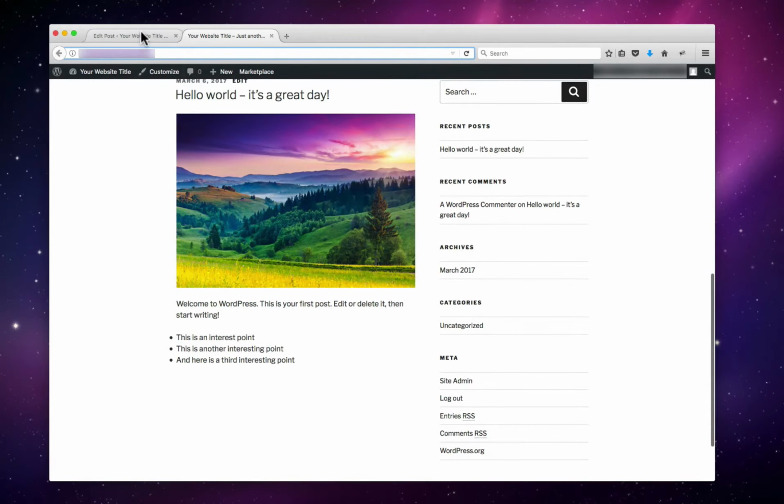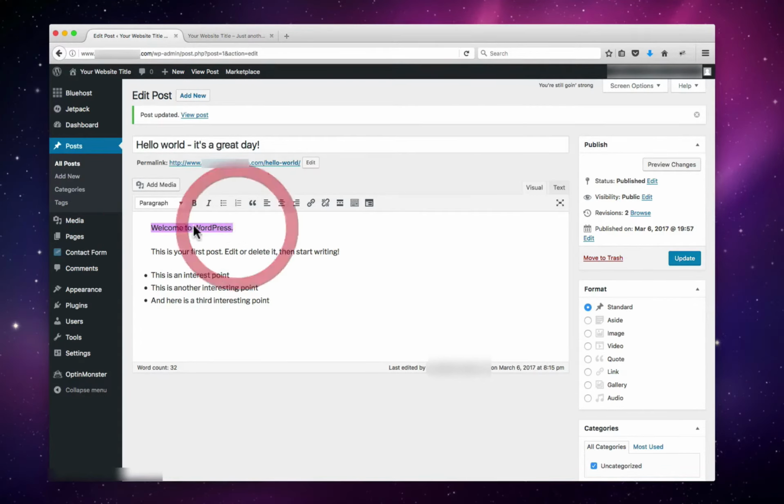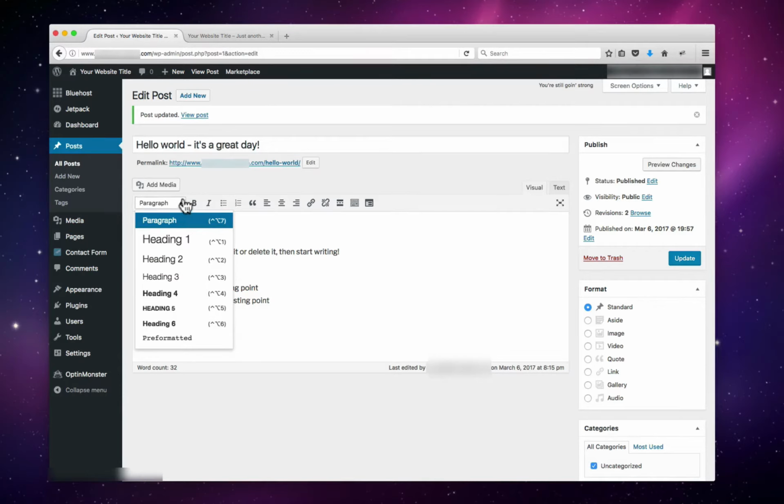One other quick thing that I'm going to show you with the post that you'll probably be using a lot. I'm sure most of these are very familiar to you, but just to give you a quick rundown of what these do. When you want to make titles, you can just drop down this box and it'll show you different levels of headings. And so if it's just standard body text, you'll want to use the paragraph. But if it's very, very important, you'll want to use heading 1. And if it's sort of important, you'll want to use one of these lower ones. And so these are just meant to be used to divide up sections of your blog,